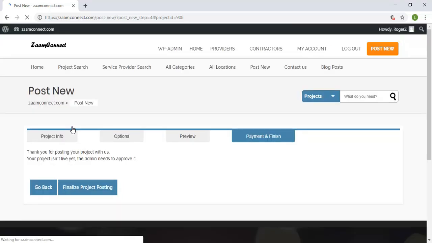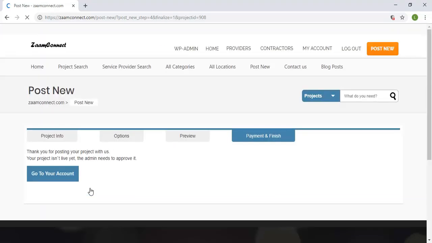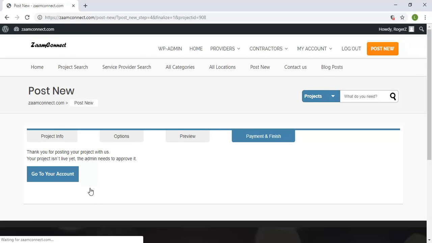Okay, so this is telling us that the project has been posted and it's not live yet because admin needs to approve it. So I'm just going to click on finalize project posting. Now what this means is an email has been sent through to the administrator, and the administrator will now look at your project and hopefully she will